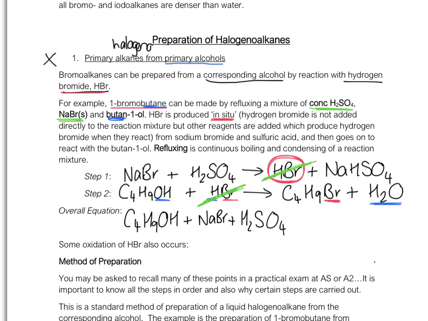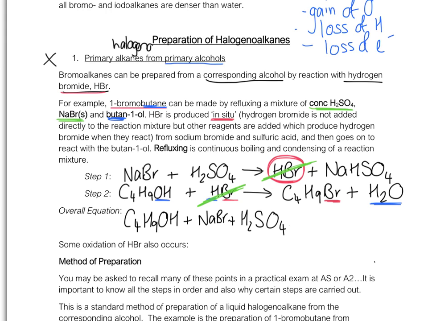What we find when we do this reaction is that some of our hydrogen bromide oxidizes as well. And if you remember, oxidation can be three things, so I'll write it up in the corner here. Oxidation is gain of oxygen, loss of hydrogen, and loss of electrons. So what we're going to find with our hydrogen bromide is that it loses its hydrogen